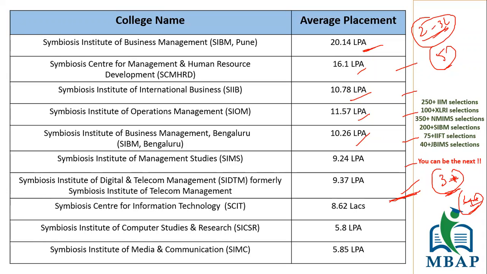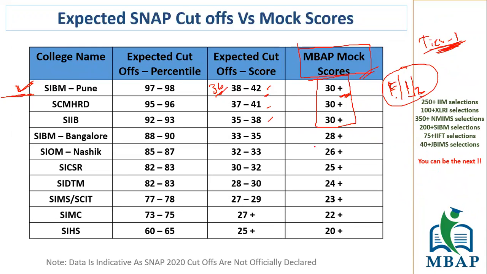So if you have 3 years plus experience and your package is around 3 lakhs or 3.5 lakhs, definitely you have these 6 colleges that you can apply to. And as I said, now you come down here, to the other 3 colleges. Even if your score is more than 25 in your mocks, 25, 24, you still stand a chance to get into these colleges. SIOM Nasik is only for engineers, by the way. So make sure only engineering candidates apply to this.